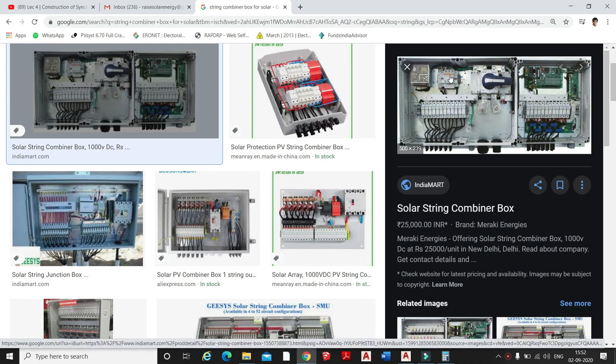And this is your SPD, surge protection device, to protect from two types of surge, one is direct and the other is non-direct surge. This is your SCADA monitoring, where we monitor our strings individually. And how we decide the rating of this isolator switch, I will explain to you.